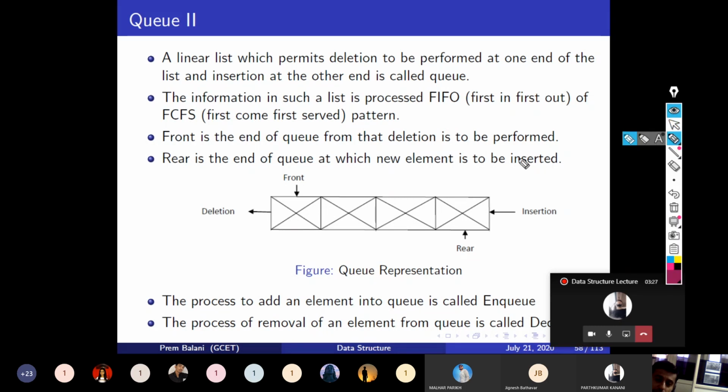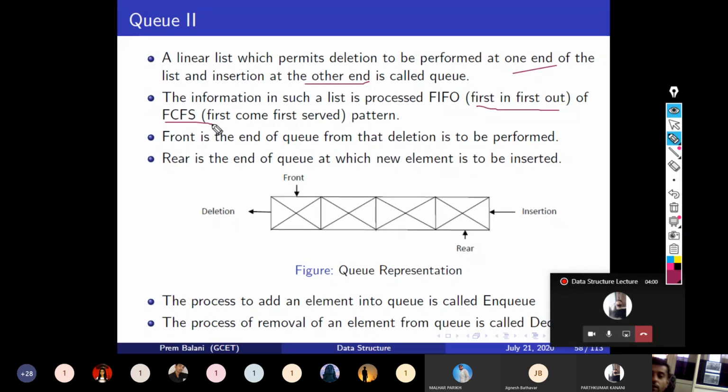and it permits deletion at one end and insertion at the other end, not like a stack. In a stack, both insertion and deletion happen at one end only, and in the queue we can do insertion and deletion at two different ends. The information in such a list is processed in first in, first out manner, or first come first serve basis.